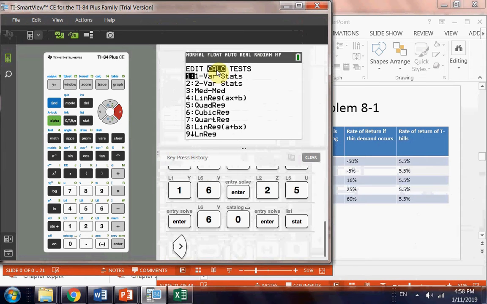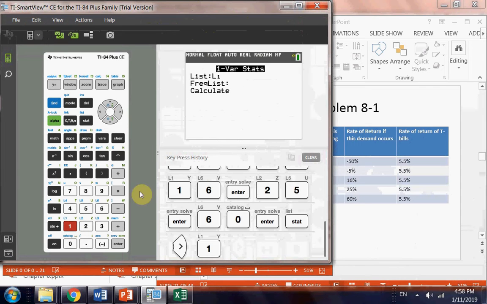Okay, you select the calculate, and you know it is a one variable stat. Although you put 2 columns of data, it's a 1 variable stat. Your variable is this rate of return, and the probabilities are just accompanying that. So you hit number 1. Okay, you choose 1 variable return. Your list should be L2. That's your variable. That's your returns. So you need to put